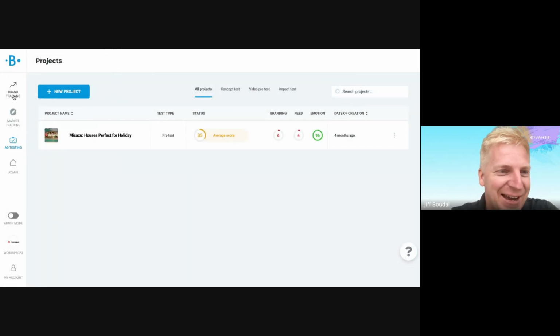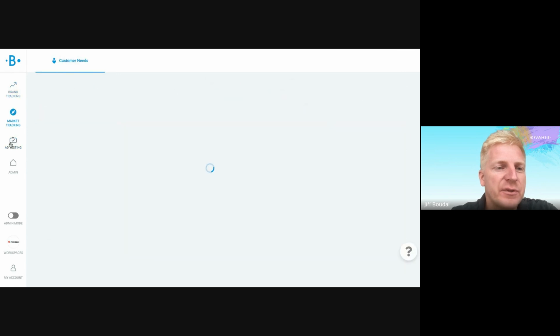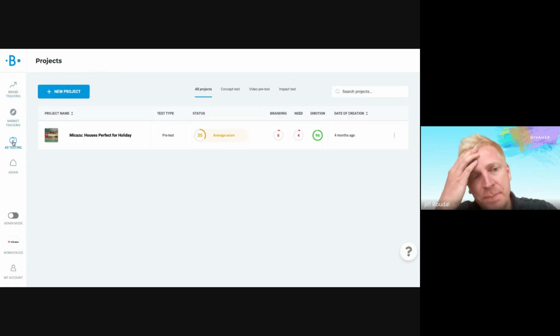So again, in the simple menu, you have all those three areas covered. You just click on one, and here you can upload any creative, whether it's storyboard, audio, text or video, and you can see whether this will likely build your brand and brand salience